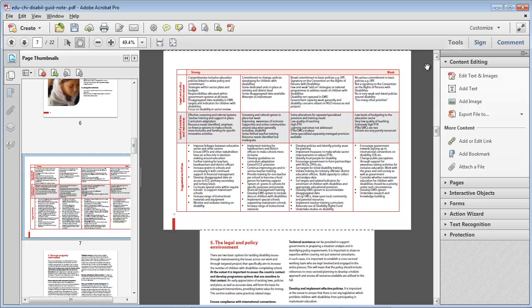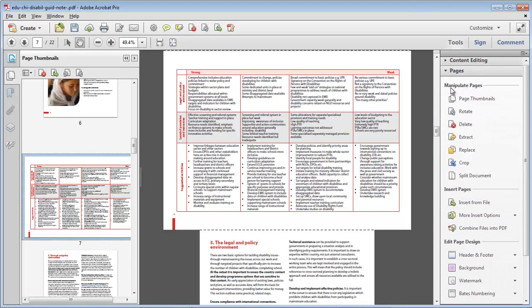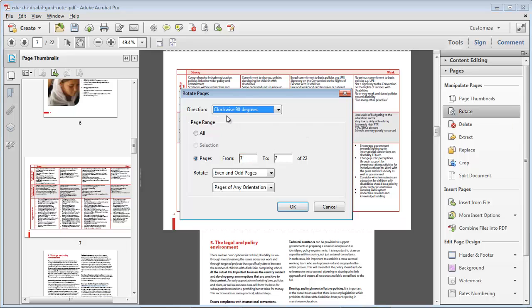or I could rotate some of the pages. The way to do that is over in the Tools panel on the right hand side, check the Pages section, and here we've got a section called Manipulate Pages. I can then rotate any page I want to, or I can rotate a selection of pages. If I click rotate, it says first of all what do you want to do. I'd like to rotate it